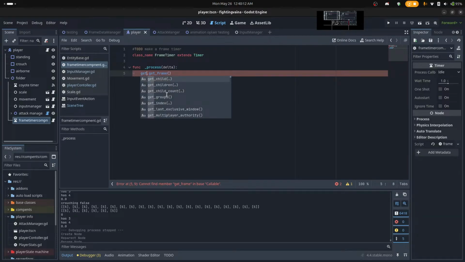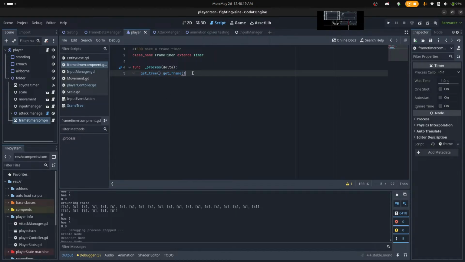Get underscore tree, packet frame, get, point, then tab, if,